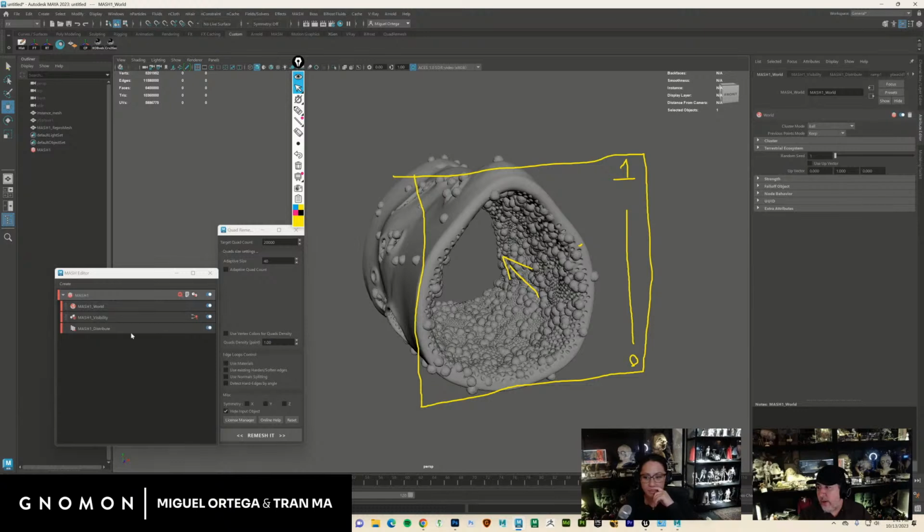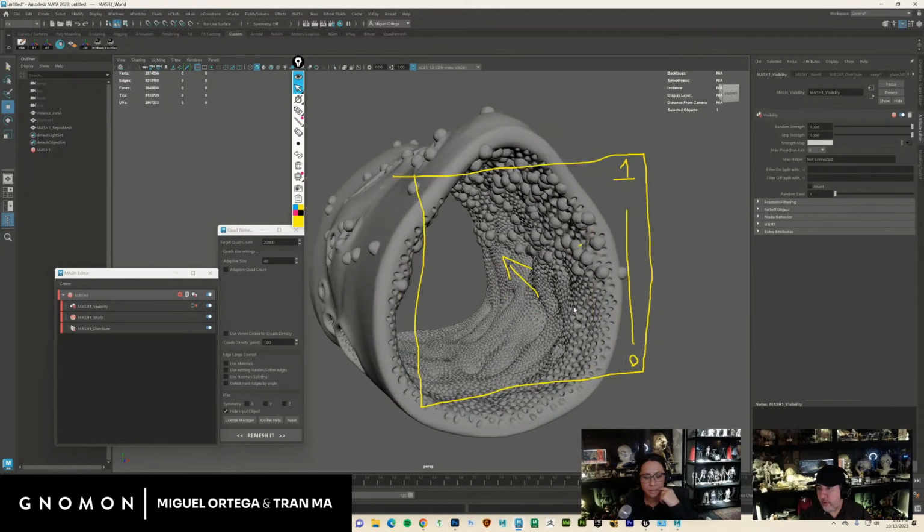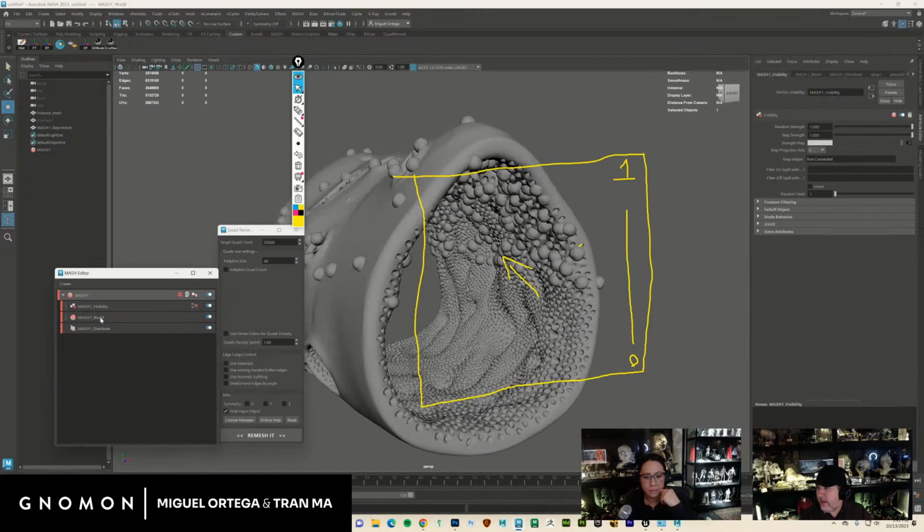So you can see that when I create the world node, all of a sudden everything disappears. So I have to pull this below the transparency, or the visibility, rather. So you have to control the order of this stuff. But you can see this is over here. And in the world,